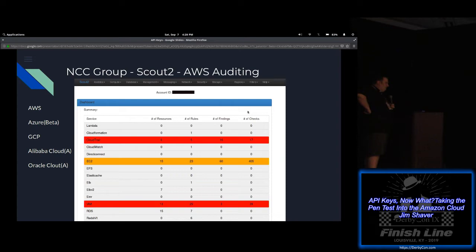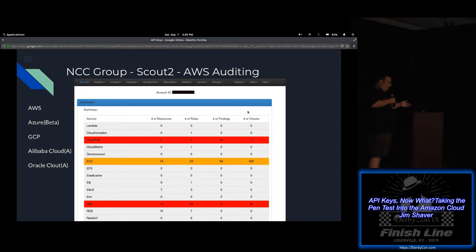Scout 2 by NCC Group is a really good baseline tool. It also supports Azure in beta, GCP, Alibaba Cloud, and Oracle Cloud. And basically, what you do is you give it your API keys that have audit support.